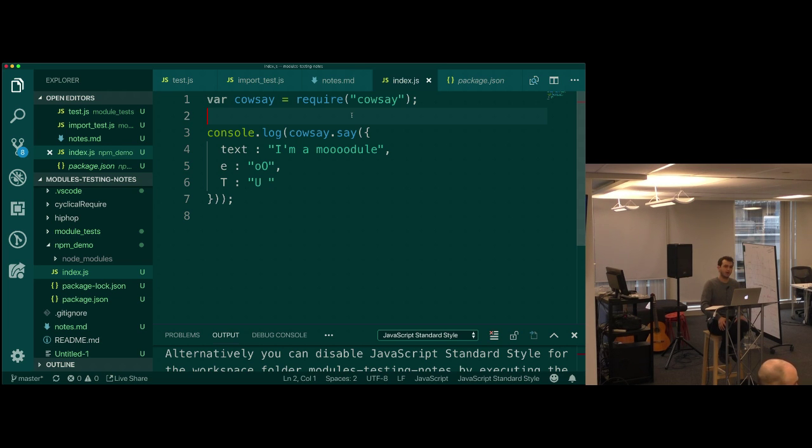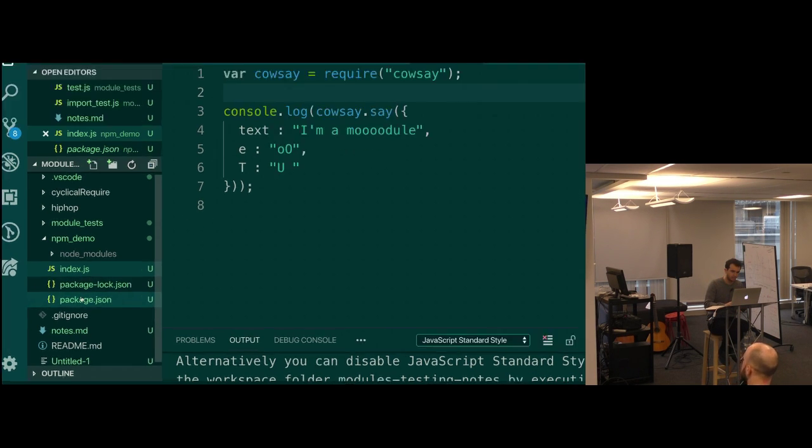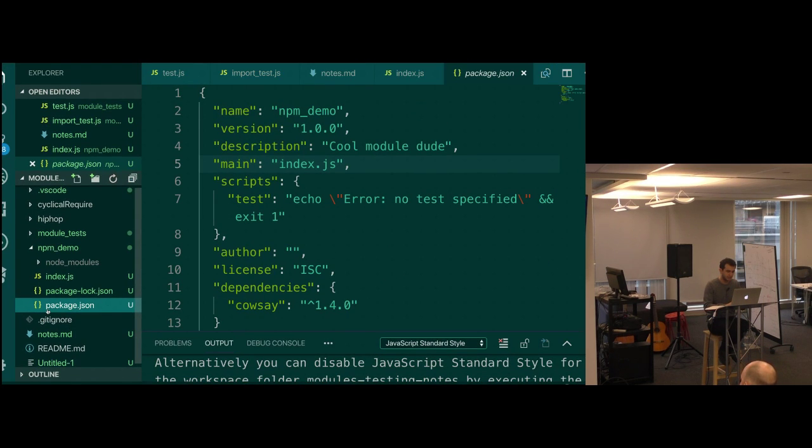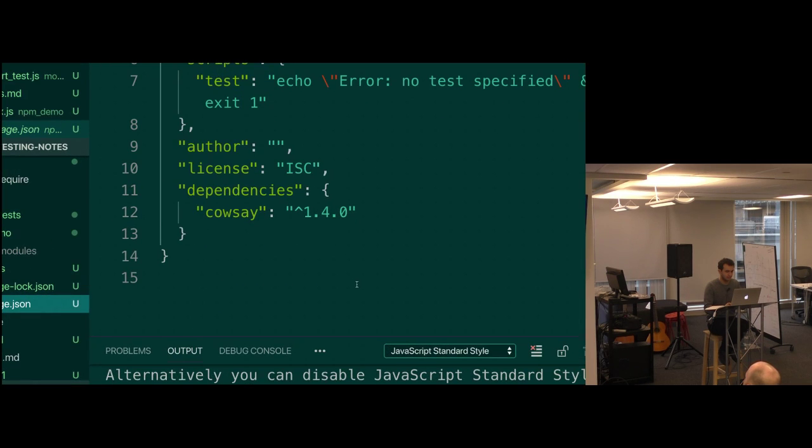If it's a different project, yes, you will have to npm install it again. And actually, right now, if we take a look at the package.json that had been created originally, what do we see here now? Oh, because you're requiring it. Yeah, the dependencies, which weren't here before. It's added a thing that says dependencies cowsay.